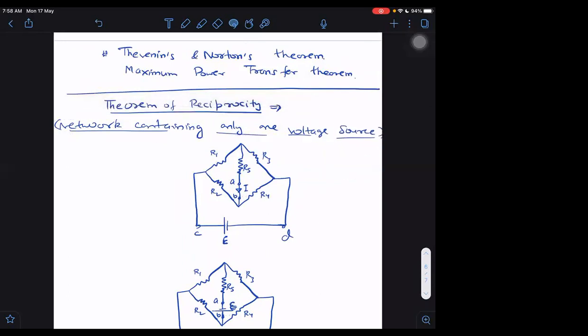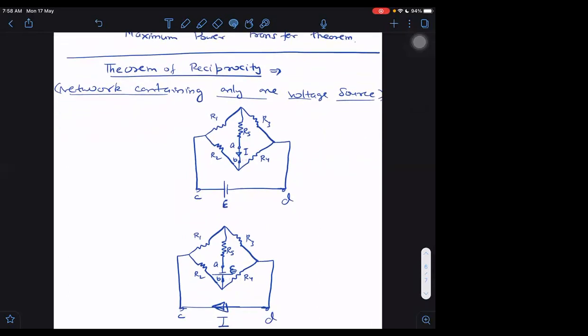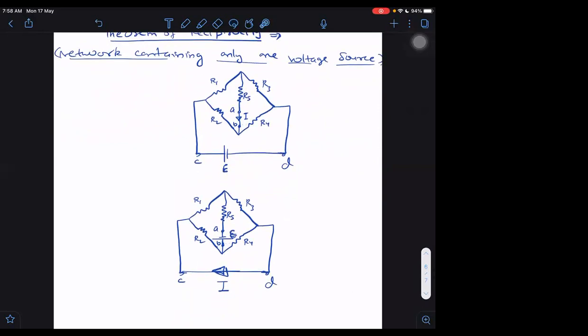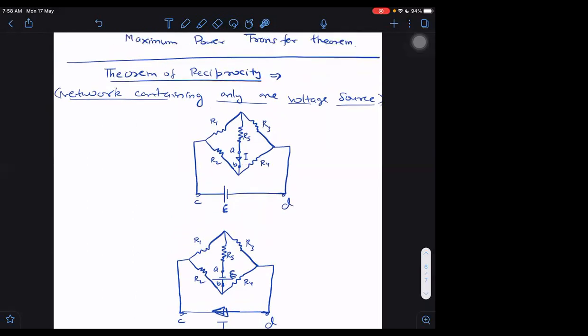Yes, sir, can we keep the battery above the resistor? That would obviously not make a difference. In the same branch, I can shift it anywhere. But why should we do that? Because with the theorem, it will be confusing. Then you may start putting it somewhere else also, and you will get a wrong idea from that. We can put it in the same branch anywhere, it will be the same thing. What does the theorem say? The theorem says that if I keep it here, then the current of this will go to this side. But the current in the same branch was the same everywhere, so it will not make any difference, obviously.